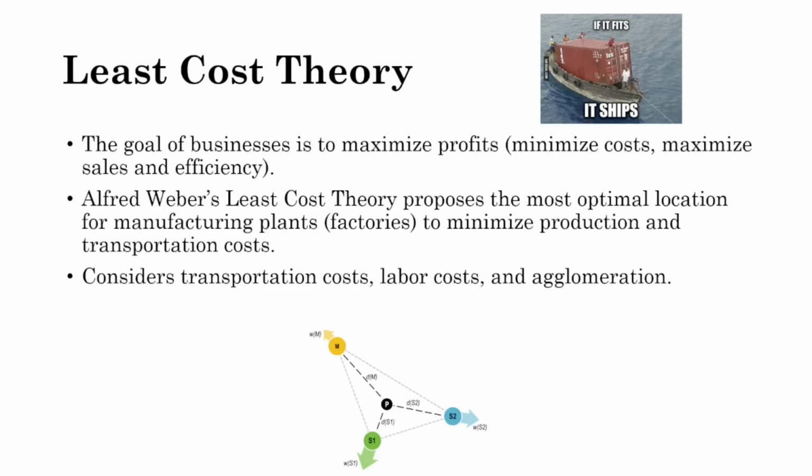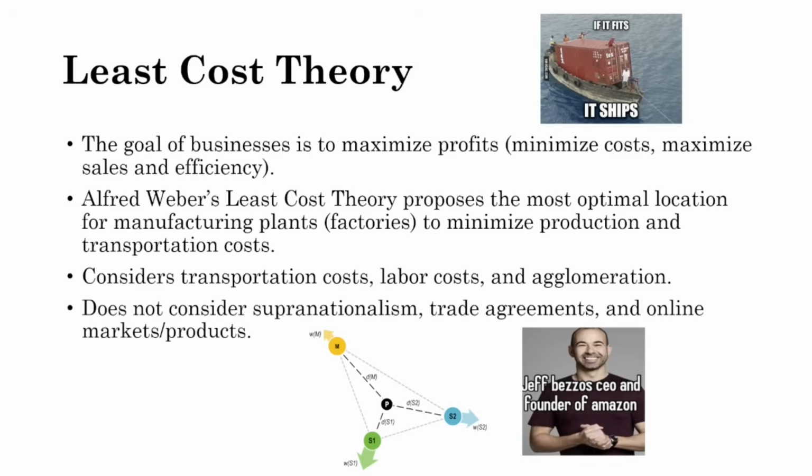Also look at skilled and unskilled labor. Skilled labor is going to be more expensive because they have education and they think their value as laborers is worth more. And we also have agglomeration, which is a fancy word. It's a long word because it's a fancy and confusing concept that we'll talk about later on in the course. And agglomeration, for your sake today, is how can businesses be located close together to utilize the same resources like transportation in order to minimize their costs as a whole. Yeah, I told you, it's intense.